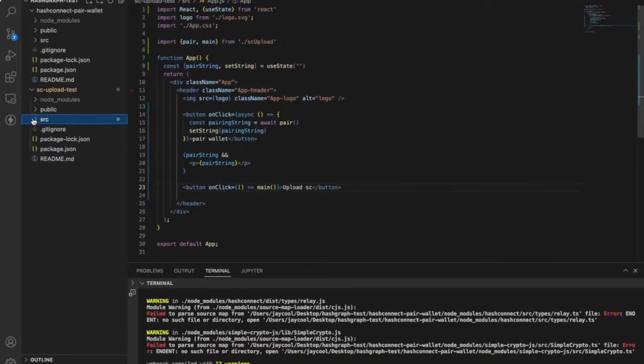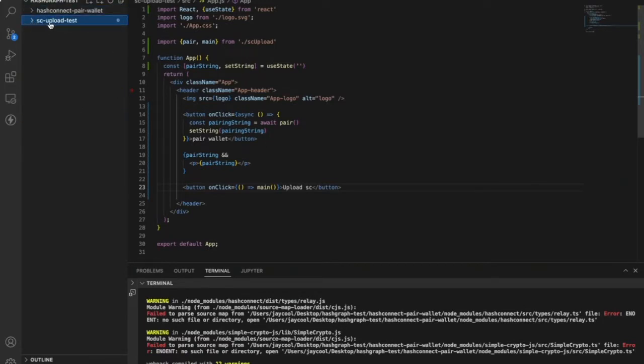Now the first thing that I'm going to do, ignore this SC upload test. That's not relevant to this video. I think that's from a previous one that I've done. So this is our front end file. What I'm going to do is create another directory called backend